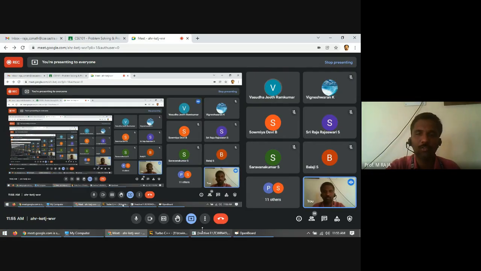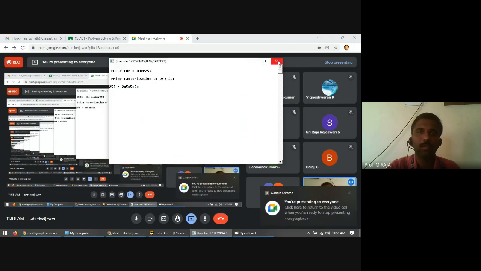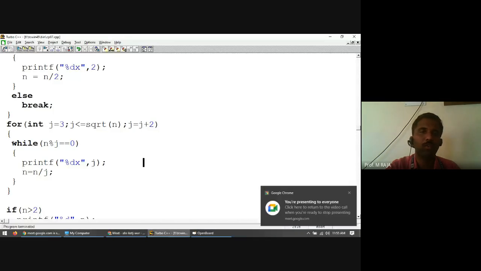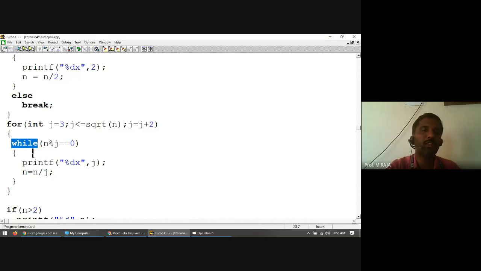You need to do one thing: whatever you are writing, you need to do the trace. Hopefully you understood how I modified this if into y. First I used the if with one input value, say 90. We missed something: after reaching a value, say 15, 15 should be checked again for 3. That repeated iteration is missed. So by doing this trace only, we can find out what logical errors are there in the